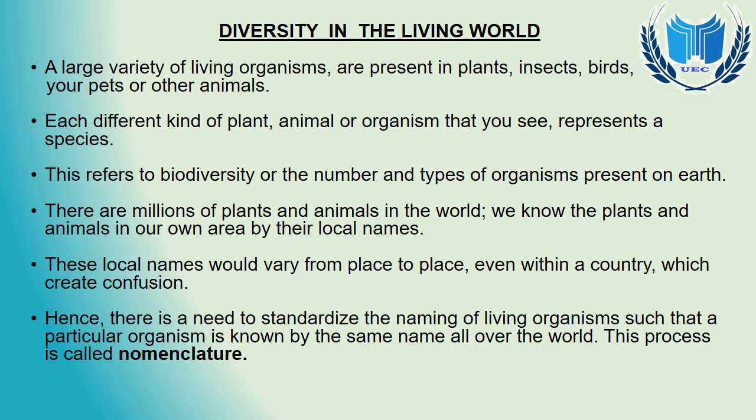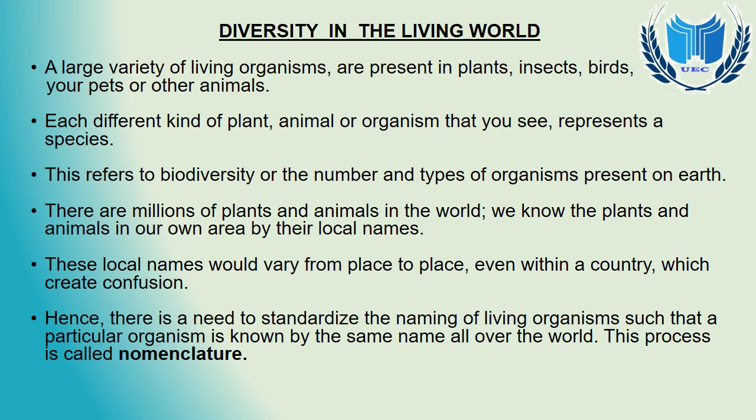Now if we look around the living world, we find that there is a diversity in the living organisms. What is that? A large variety of living organisms are present in plants, insects, birds, and other types of animals, right? And each different kind of plant, animal or organism we see around us represents a particular species,